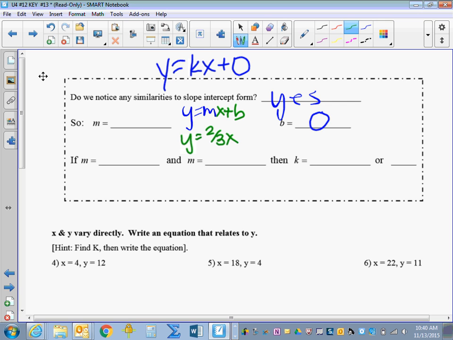So m is just my k value. Okay. M just is k. Again, my slope is my k value, or my k value is my slope. And my y-intercept for these is always 0. All right, if m equals k,